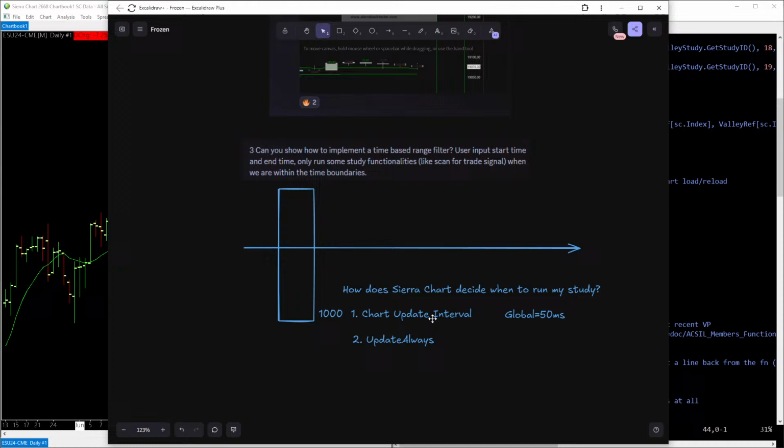The lower the number is for the chart update interval, the more your computer is using resources to process everything that's on that chart. So if you have a chart that you don't look at a lot, but you have a super low refresh or update interval on it, you are unnecessarily burning resources. It's basically the equivalent of having a performance car at a stoplight and revving the engine instead of idling, waiting for it to turn green, just wasting gas for no reason